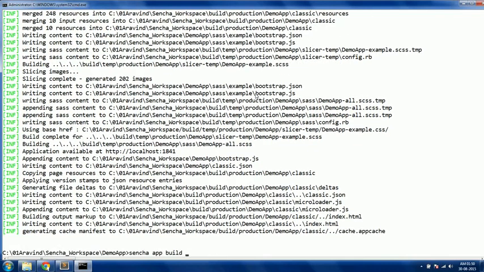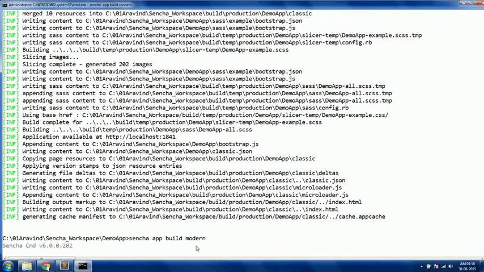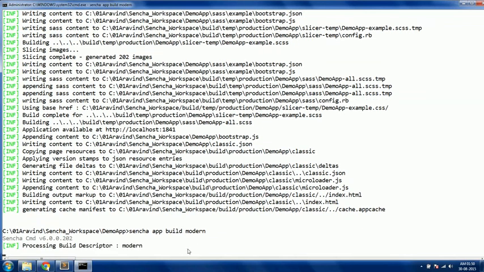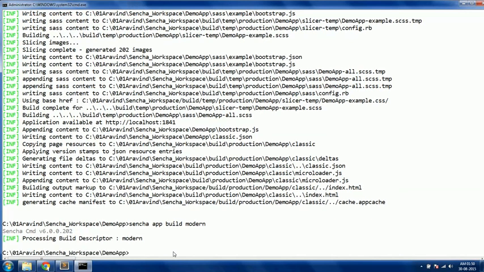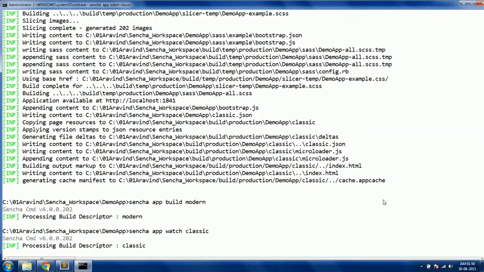Now, instead of classic, if you want a modern build, then you can specify modern. You can check in the first step itself what kind of build it is taking. So it's now doing a modern build. Similarly, to watch, whichever code base you want to watch, you can specify it here itself, or you can just specify it as simply watch, and you can specify classic. Okay, so once it is done,